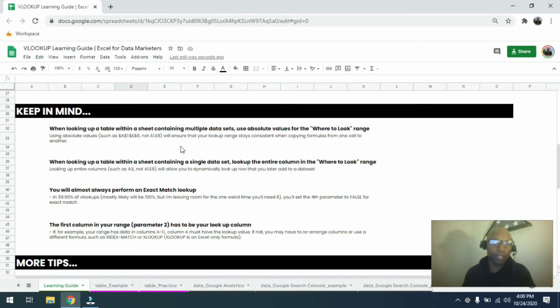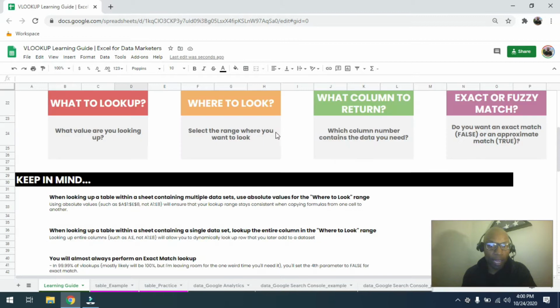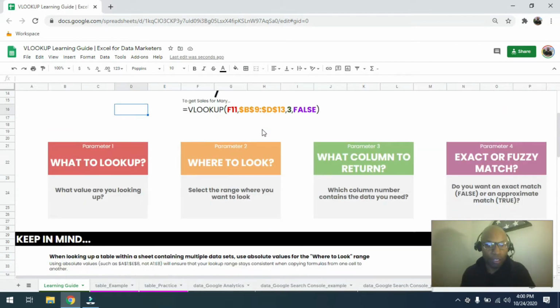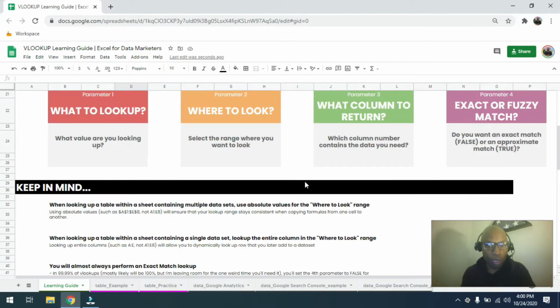Some things to keep in mind as you're doing VLOOKUP. There are some pitfalls to be aware of. One, when you're looking up a table within a sheet that contains multiple data sets, you want to use what's called absolute values in that where-to-look range. Meaning,